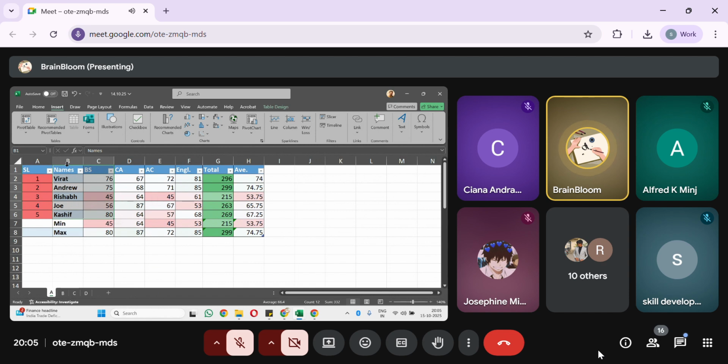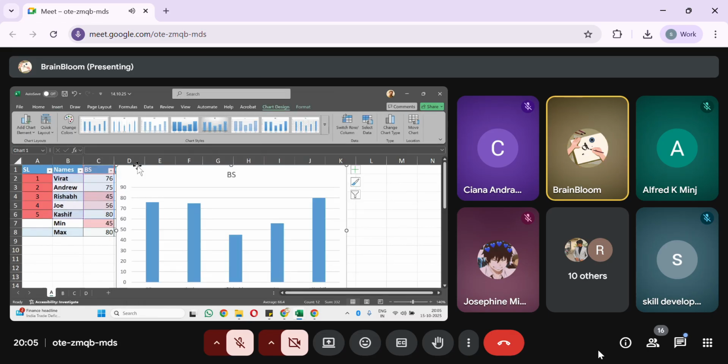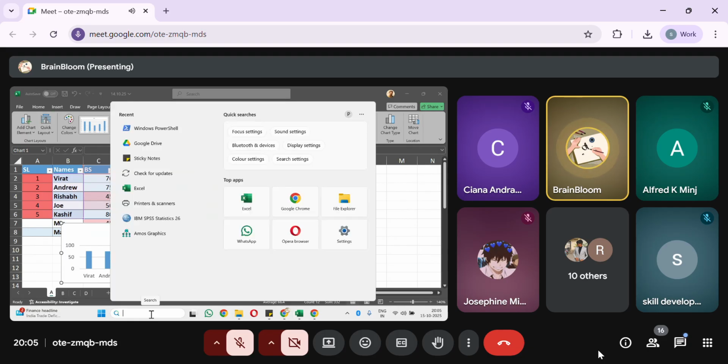So I'll select till names and business studies, including the names of the students and the numbers, right? And I'll go to recommended charts, and I'll make this chart. See, it has come. So this is the situation of business studies, right? So what I'll do, I'll make another PPT,